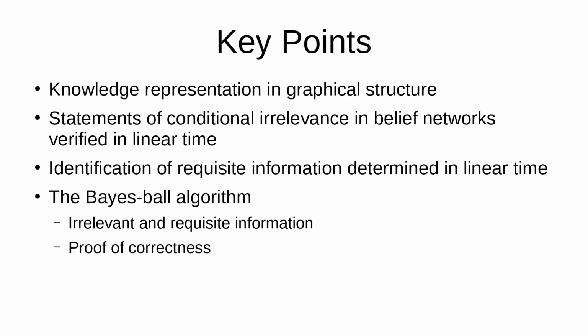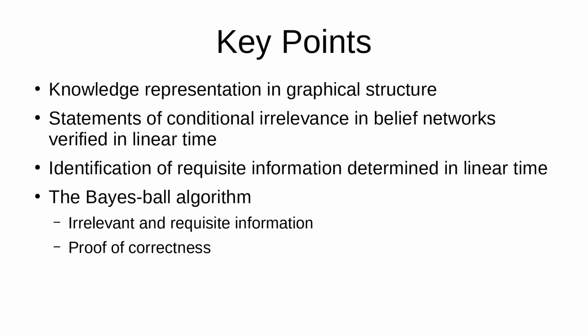For belief networks, the Bayes-Ball algorithm runs in time linear to the size of the active part of the graph, which is significantly faster when most of the graphical knowledge base is irrelevant. For decision problems represented by influence diagrams, the Bayes-Ball algorithm provides an even greater improvement, running in time linear to the size of the graph, whereas the previous fastest algorithm had a runtime proportional to the number of decisions times